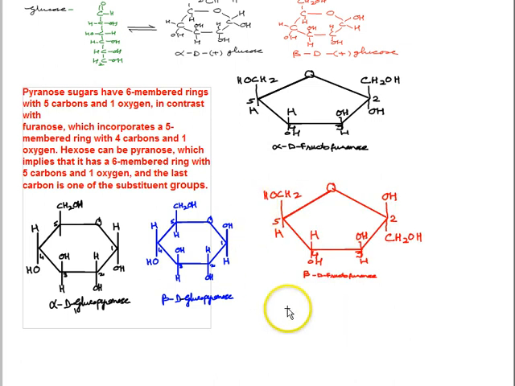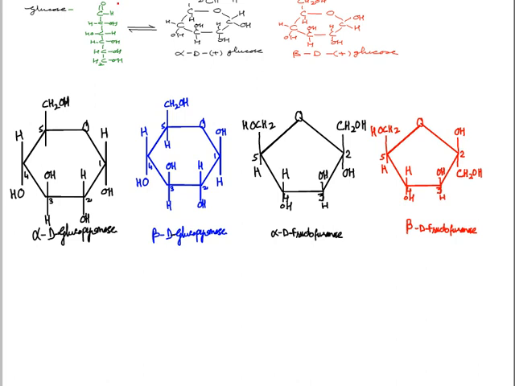So just to make it more convenient for you, I'll try to put the whole thing in a proper sequence so that you can compare them and note these formulae very, very carefully. So now students, we find here that the first two formulae, that is alpha D glucose and beta D glucose in the pyranose form, belong to glucose. And remember one thing, glucose has an aldehyde group, CHO. So bonding is possible only between 1 and 5 carbon. As we find, 1 and 5 carbon has this oxygen in between.